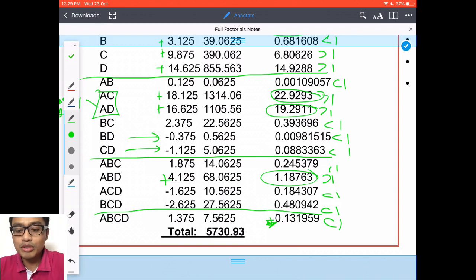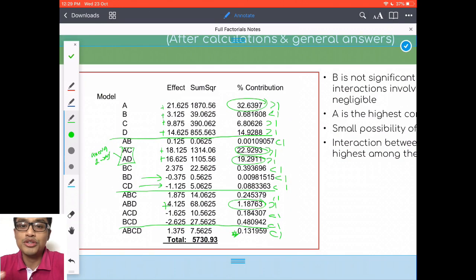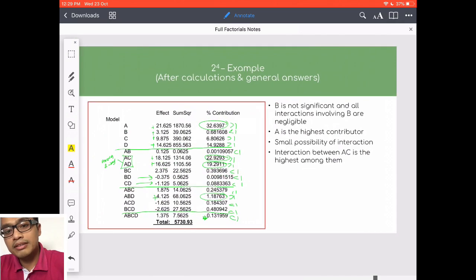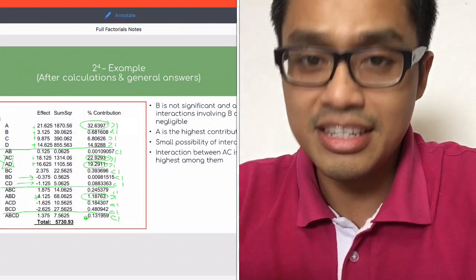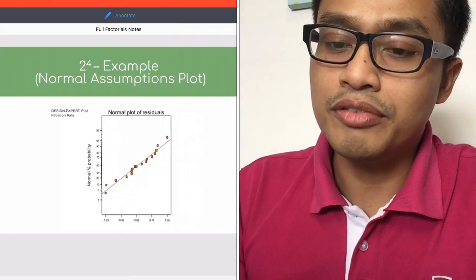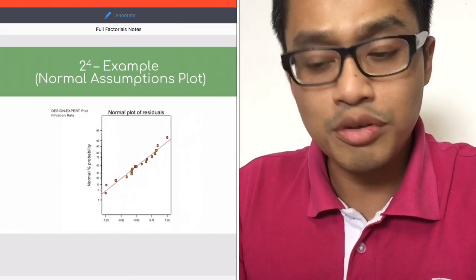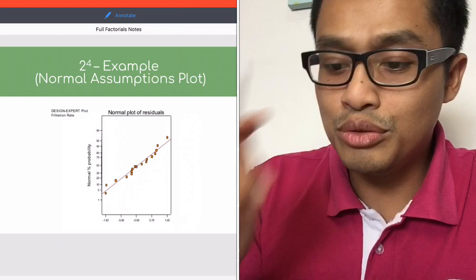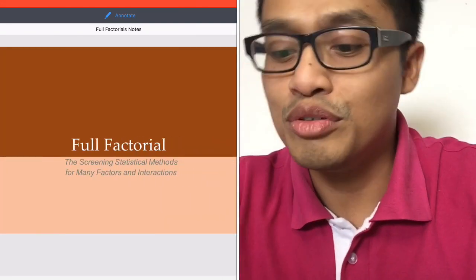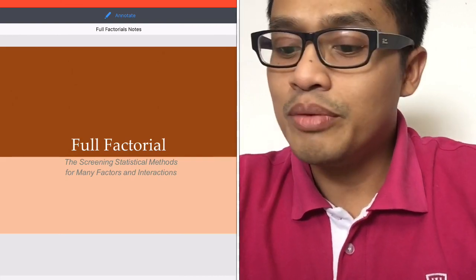Okay, so from here, you know which one is the main factor, which one is the main interaction. Do you like to do extra calculation or extra experiment? Then full factorial can really help you in screening factors and interactions. I can also give you this example of a normal probability plot. Yes, of course, you can use the normal plot. This one I'll do in another video. Normal probability plot. And that concludes our full factorial lecture. So I'll be seeing you in another